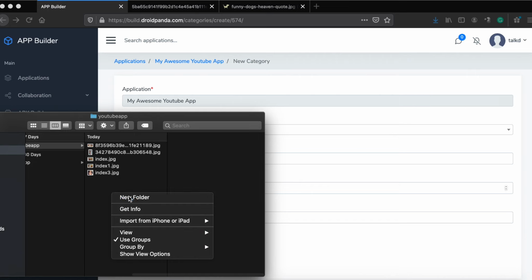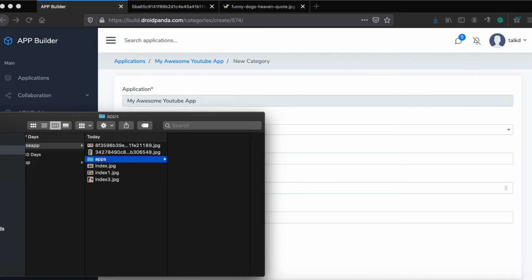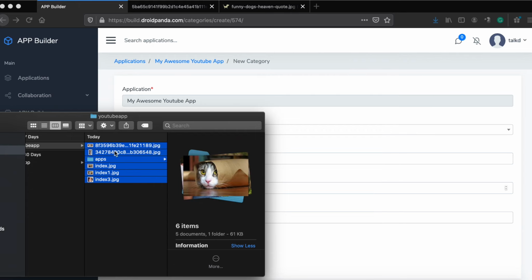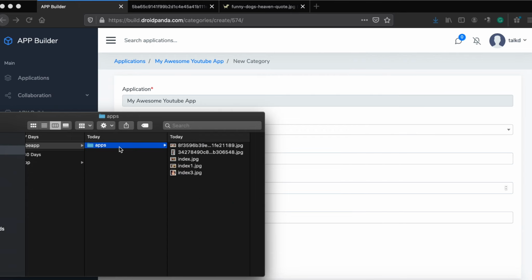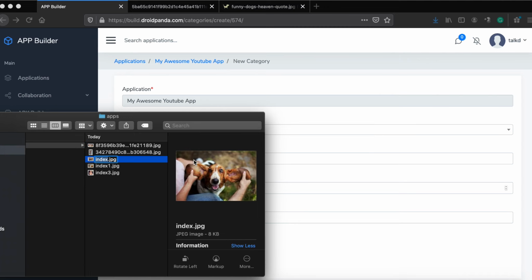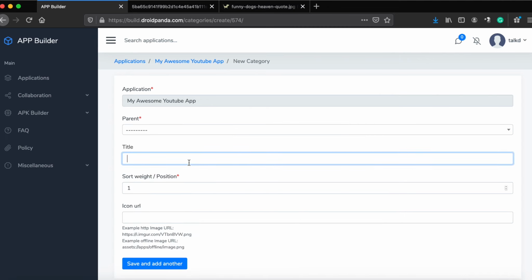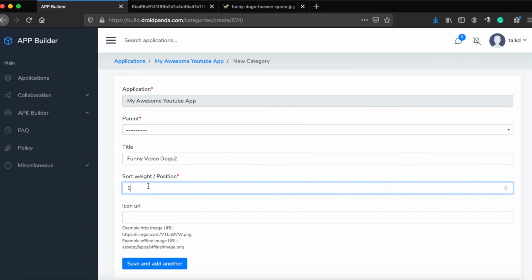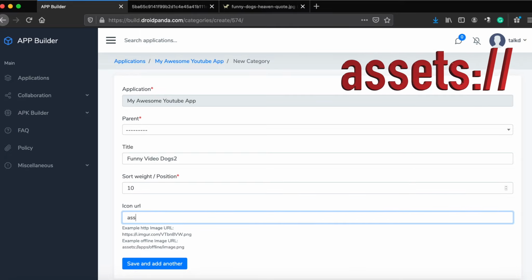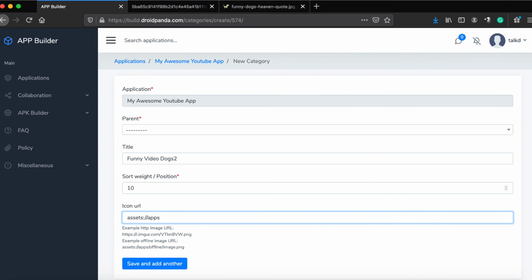As for creating category with offline image, at first, let's create a folder named apps, and put all the images inside that folder. After giving the name of the category, we need to construct the offline URL. To construct offline image link, put assets:/ before the image path. For example, if we give